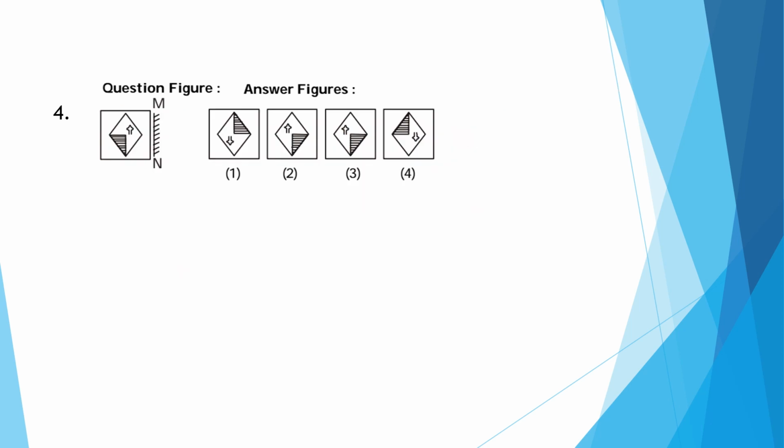Next, see in this, what is the correct answer? Children, do with me and comment your answer in the comment box. Here, the mirror image of this. See, this symbol appears on the right side in the question. So find out the answer. This one comes down, so this is wrong. This one also comes down, so this is not an answer.